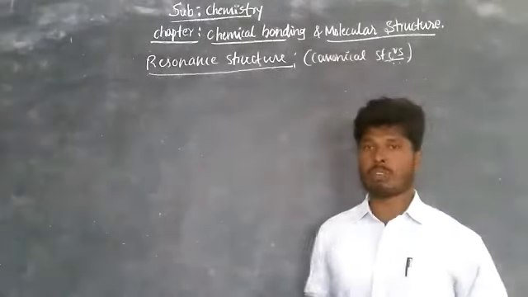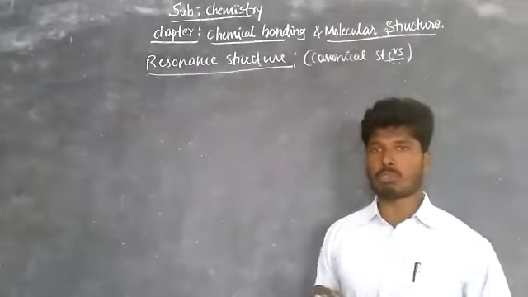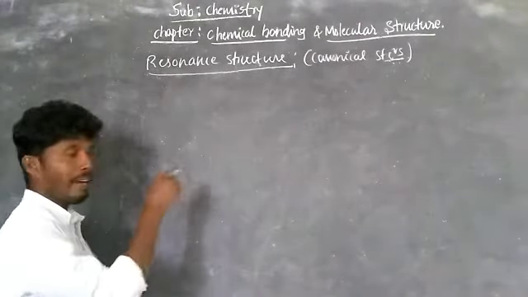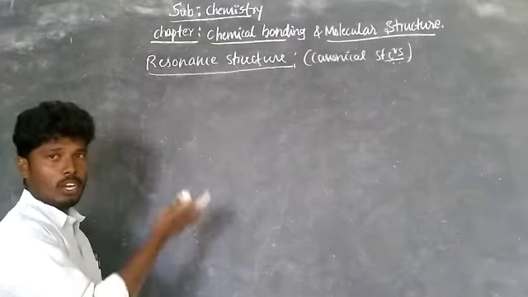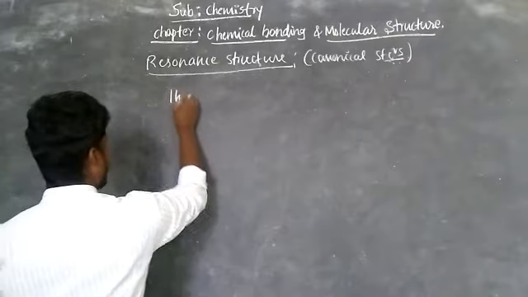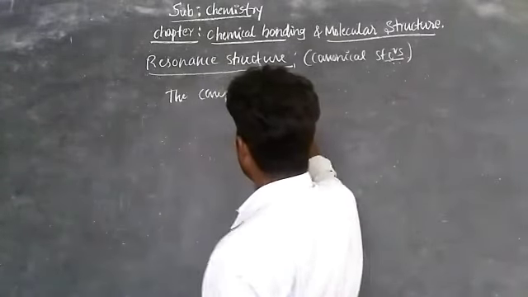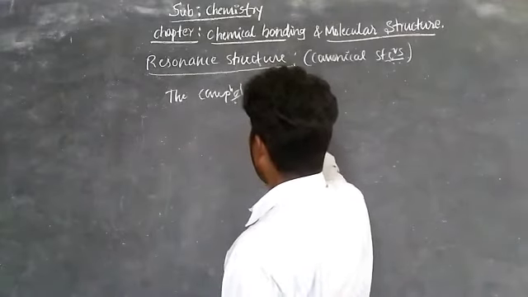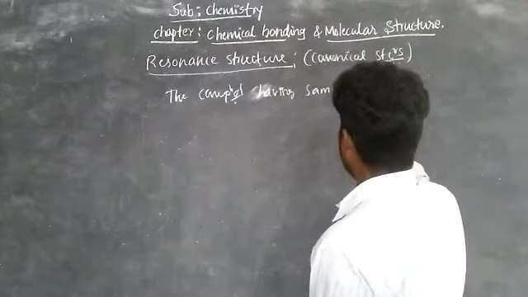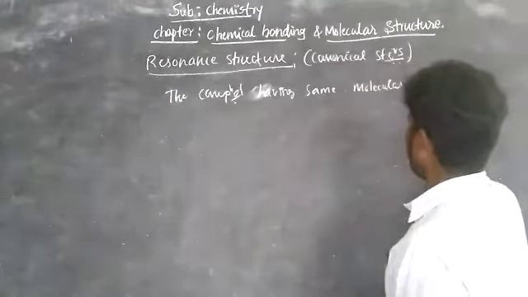That we call resonance structures or we can call canonical structures. For example, take ozone molecule O3. Resonance structures is nothing but the compound having same molecular formula but differ in their position of double bonds or lone pair electrons. Means the molecule or compound having the same molecular formula,